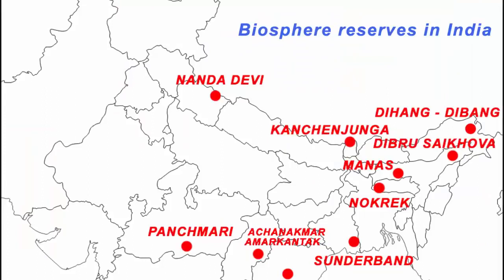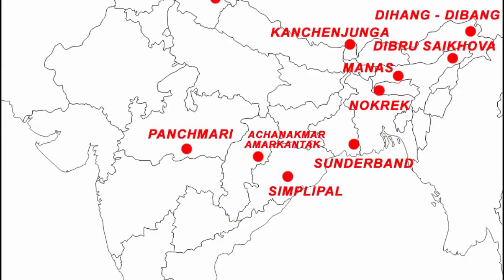So let's come from the north to the east, then to the center, and then to the south. So the Nanda Devi Biosphere Reserve is in Uttarakhand, and then you have the Kanchenjunga Biosphere Reserve, which is near River Teesta and lies in part of Sikkim. Then to the extreme east we have Dihang and Dibang, which is in Arunachal Pradesh, and below that we have Dibru Saikhova, which is in Assam, and the Manas Reserve is in Assam as well. And then below that we have Nokrek, which is in Meghalaya, and below that we have Sundarban, that is in